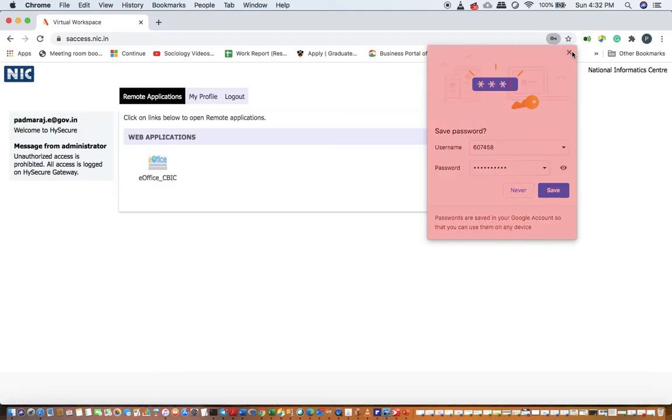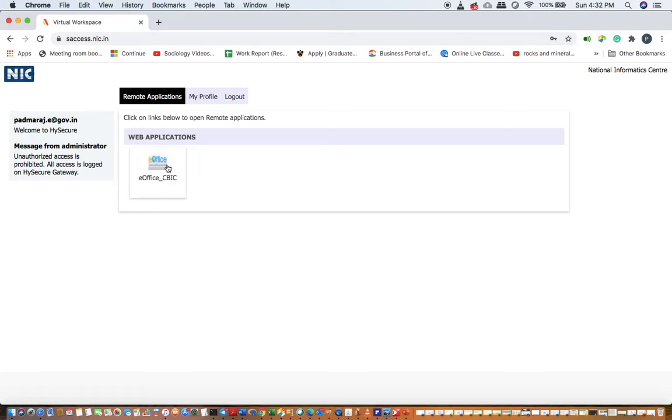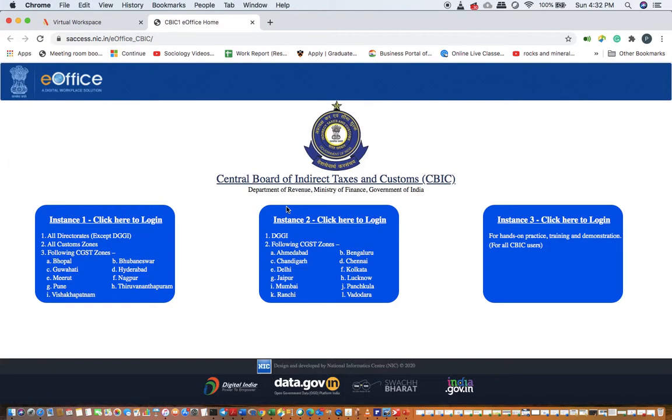So I have logged in through the VPN. Now I am going to log into the e-office. I'm going to the training instance for demonstration purpose, that is instance 3.